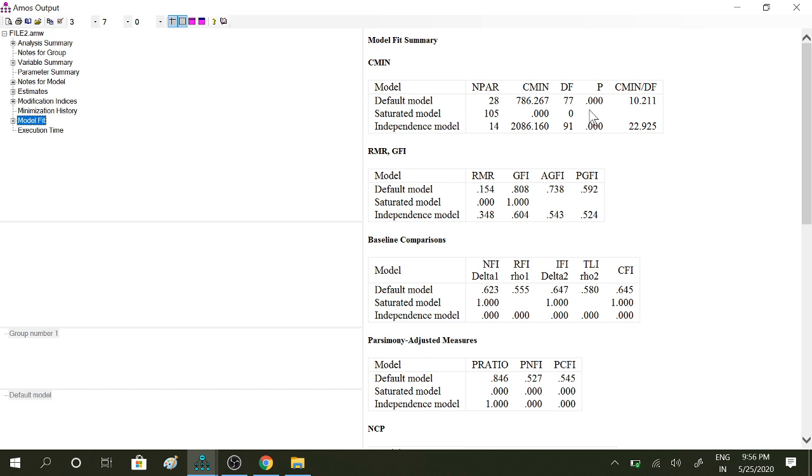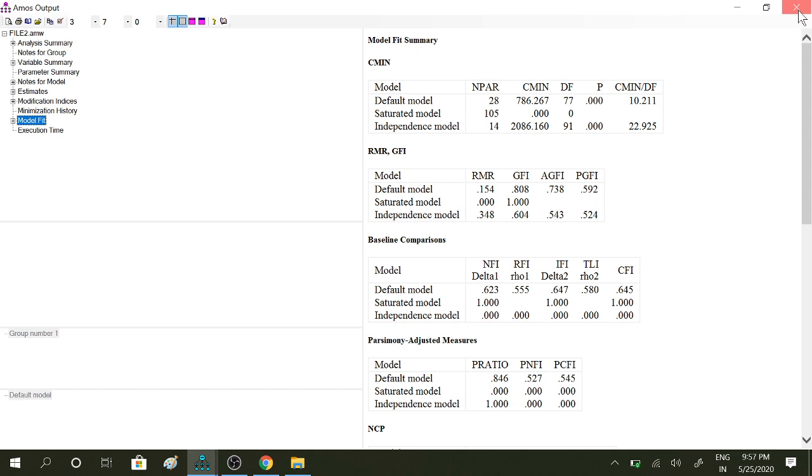See, the main rule for model fit is p greater than 0.05 and CMIN by DF less than 5. It is very important for the model fit. So our data, see, the model is not fit because this is not more than 0.05 and this is not less than 5. So the model is not fit for this data.